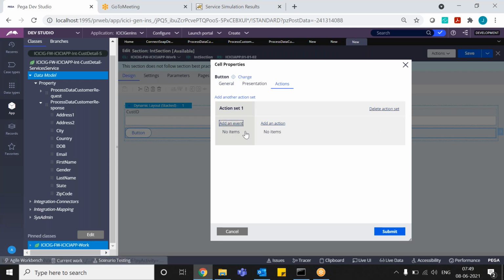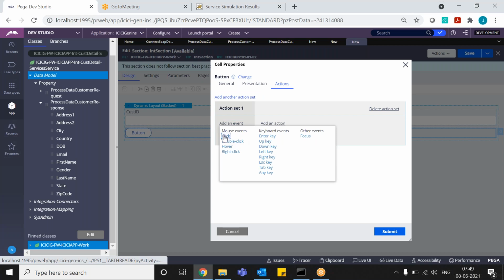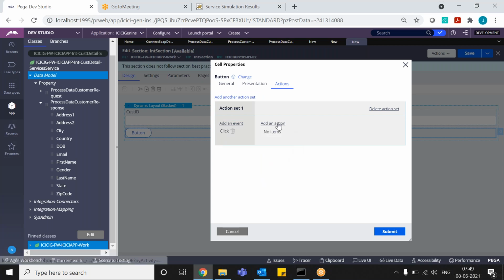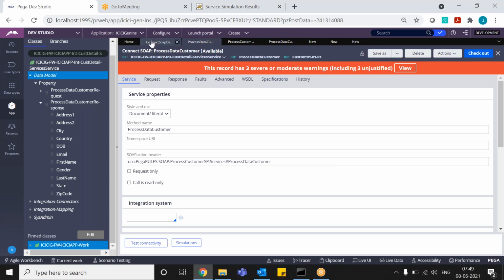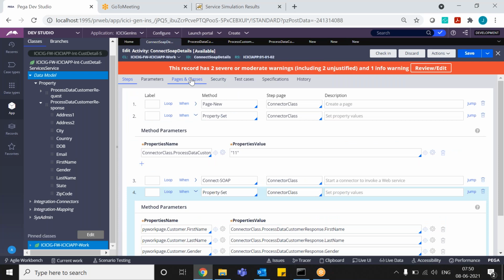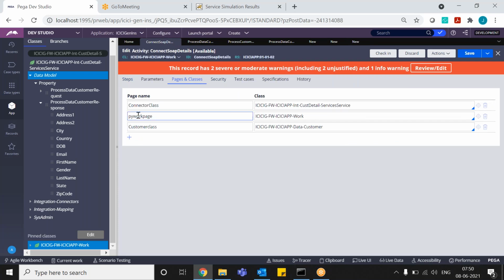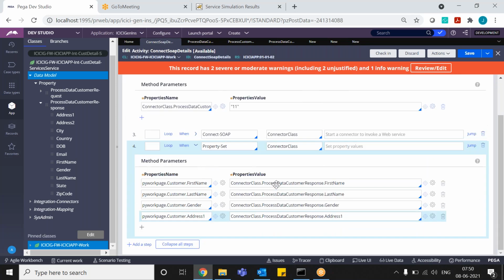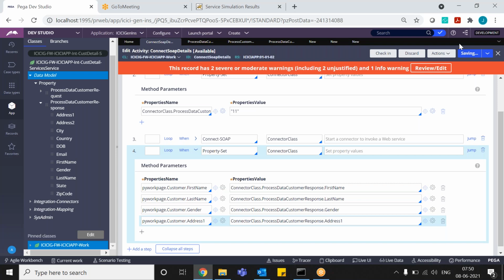We will see this from activity, right? Because PV work page we have given now. Let's see. But PV work page you have given all small letters. I think generally PV work page it will take. Okay. But anyway, here not a problem. Only when you refer through flow, that should be W capital, P capital. Okay. So this one I'm trying to run, but still I see the same output.